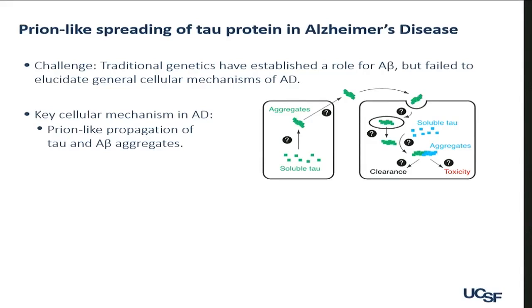In the simple schematic you have here, you can see that there are a lot of question marks on this slide. If you think about the cellular process, not just the misfolding of the protein, but its propagation from one cell to the other one. Once it's there, how it might be broken down, cleared, what is going on.